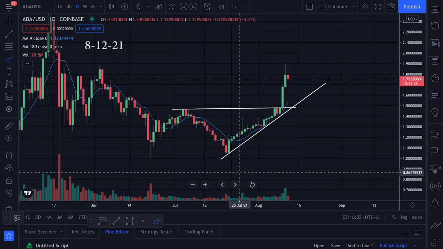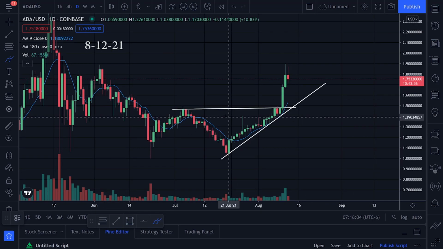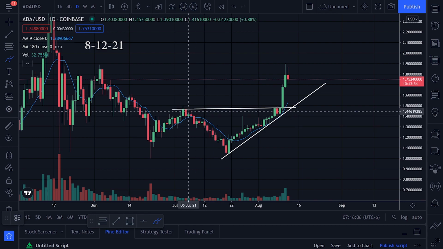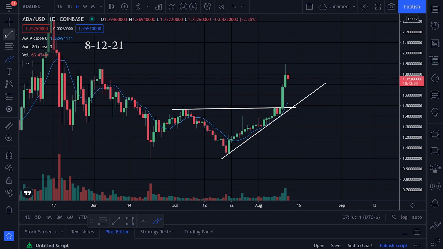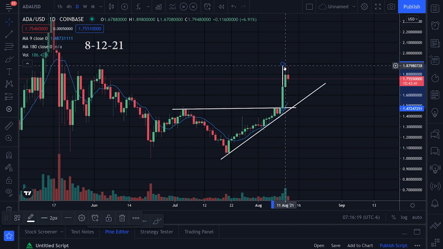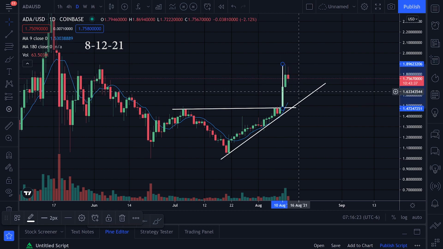Alright, let's take a look at the chart action for Cardano. In my last video, we were looking at this triangle pattern like this. We got a breakout right here, and we were targeting from the bottom to the top of this triangle. And we actually hit the target pretty much perfectly. I was targeting 1.89, and we came up and hit that target, and then we started trending down, which is